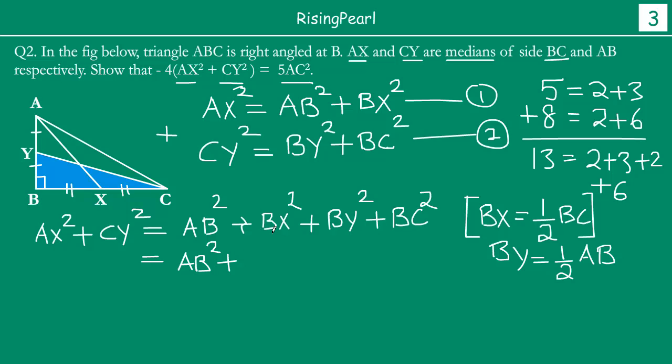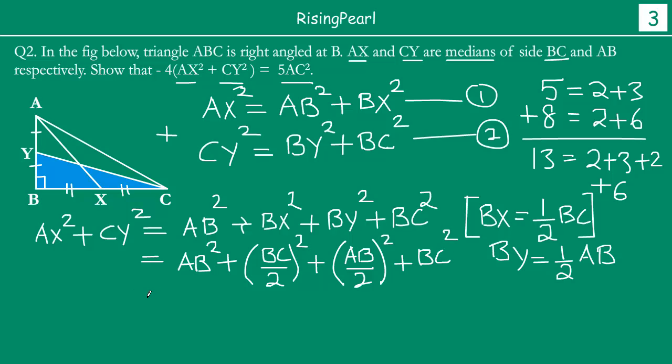plus, instead of BX we can write half BC, so we will have BC by 2, and that square, remember it is BX square, plus we have BY, instead of BY we can write AB by 2, AB by 2 square plus BC square plus BC square. Or if you try to solve it, what you will have is, so here you will have